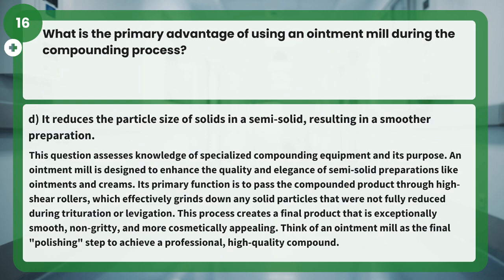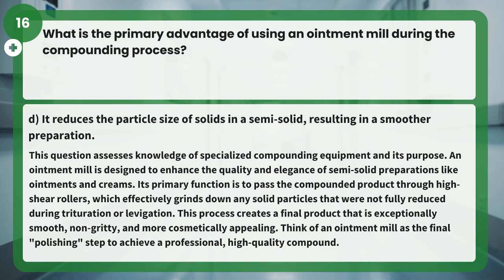Answer: D. It reduces the particle size of solids in a semi-solid, resulting in a smoother preparation. This question assesses knowledge of specialized compounding equipment and its purpose. An ointment mill is designed to enhance the quality and elegance of semi-solid preparations like ointments and creams. Its primary function is to pass the compounded product through high-shear rollers, which effectively grinds down any solid particles that